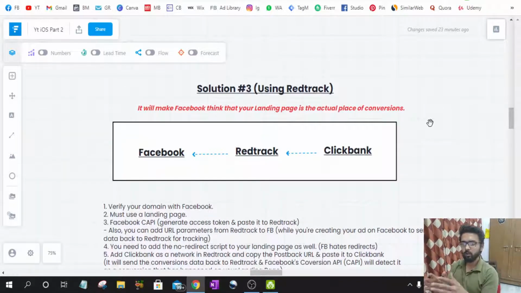You might be wondering how to set these things up, like integrating ClickBank with RedTrack and setting up Facebook and RedTrack through Facebook's conversion API. One more thing, we are not using pixels in this. It is not cookie based tracking, it is server to server tracking. So if you have already installed your Pixel in your ClickBank vendor settings, you can remove it from there, because we can't verify ClickBank's domain with our ads account, and as a result we can't track those events.